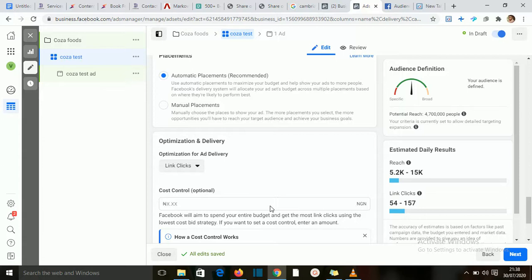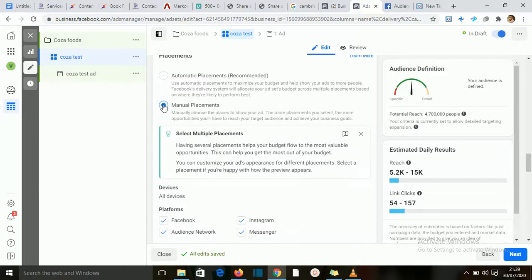They have the videos. So you can either choose automatic placement so that Facebook can just find where to place your ad. If you choose automatic placement, your ad is not going to be that expensive. Facebook is going to decide where to put it so more people will see it. But if you choose manual placement, okay, let's choose manual placement. I just want to choose manual placement so that you see all the options Facebook has